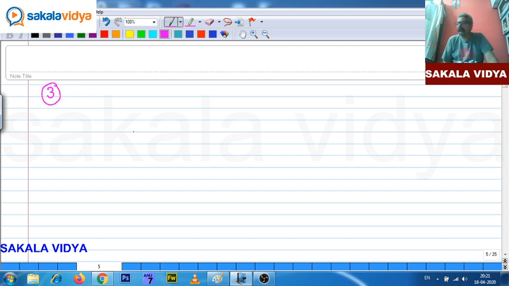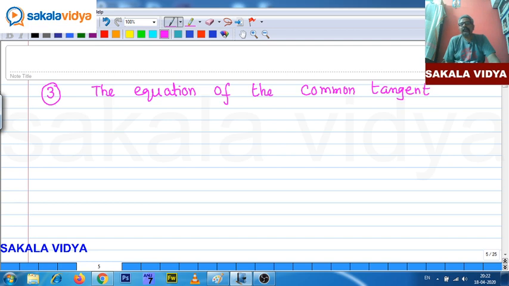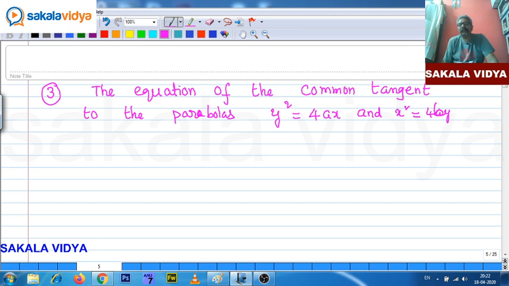Next, third point, the equation of the common tangent to the parabolas y square is equal to 4ax and x square is equal to 4by is, this is very important for even parabola chapter as well as